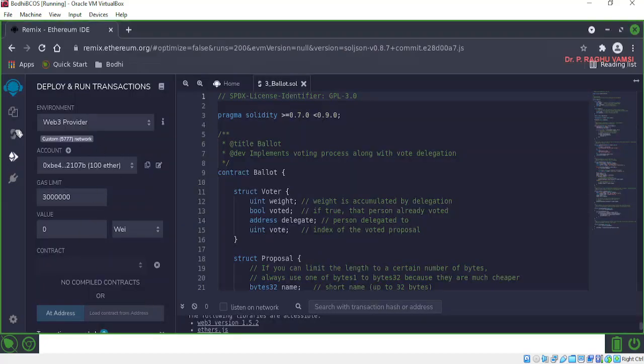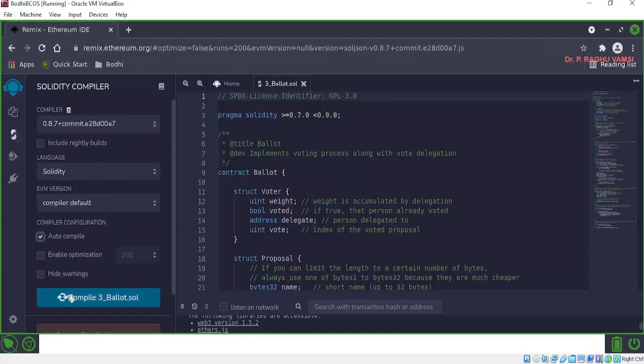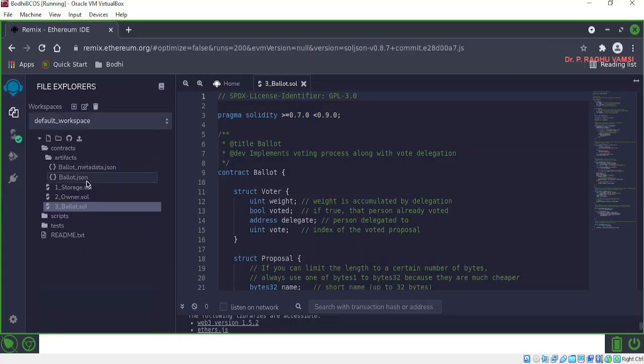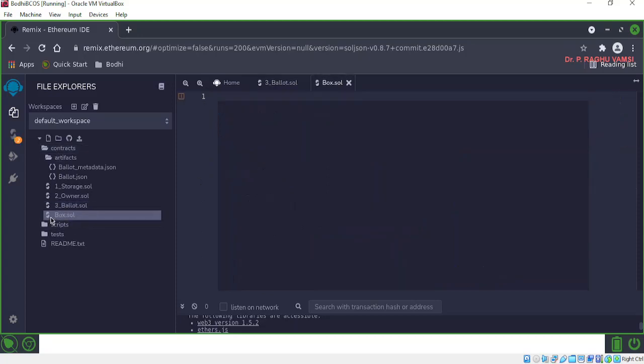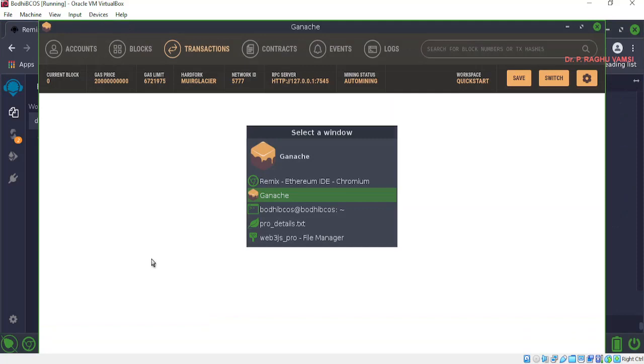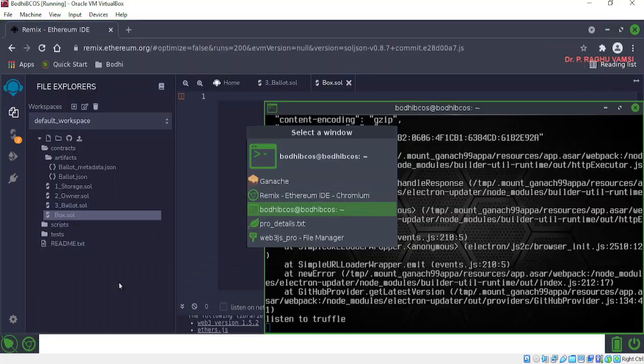So here, anyhow, the compilation was auto compile. Let us go for auto compilation, or compile whatever is already there. One thing we do is we'll create the box.sol, which is an easy one that we are going to see for a long time. So it will be easy for us to remember it.